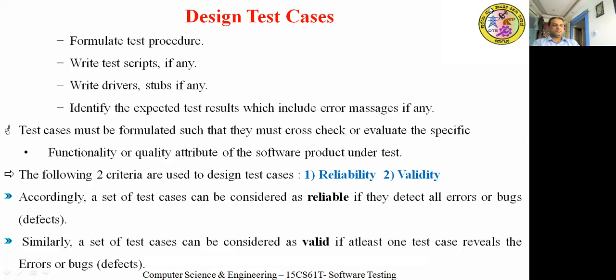Accordingly, a set of test cases can be considered as reliable if they detect all errors or bugs.